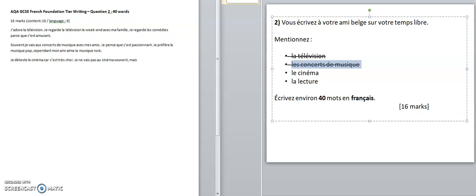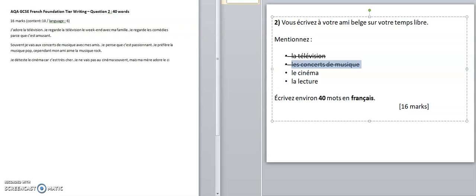I'm going to use the same strategy again. I'm going to say, but my mum. If we're going to use the words for mum, dad, brother, make sure that the accent goes the other way, the grave pointing to the left on family members. It's always a grave there. Ma mère